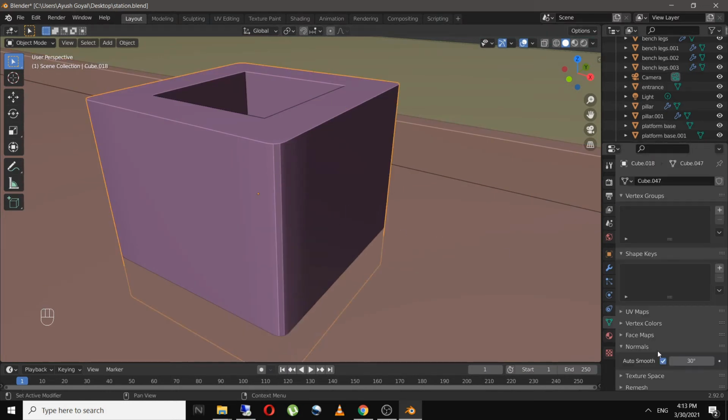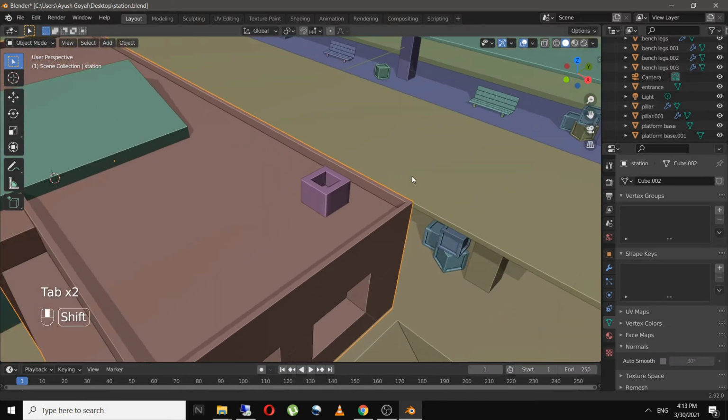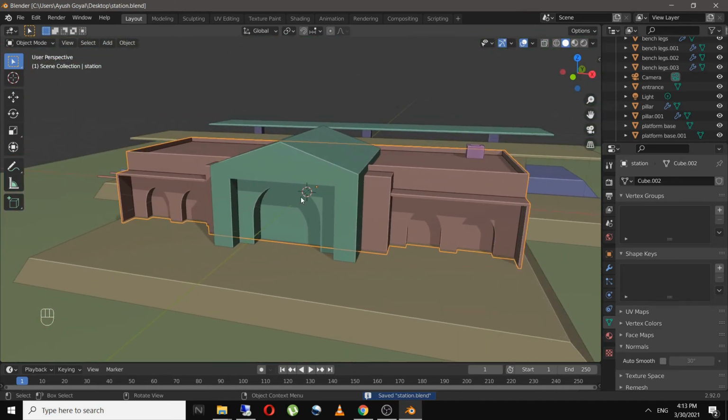And shading it smooth. So this looks good now.